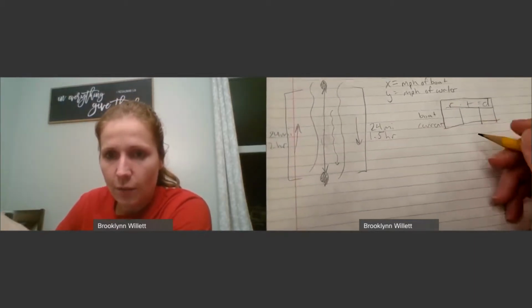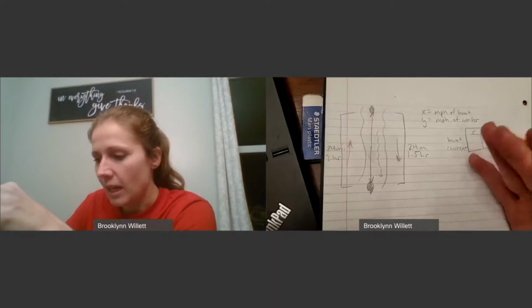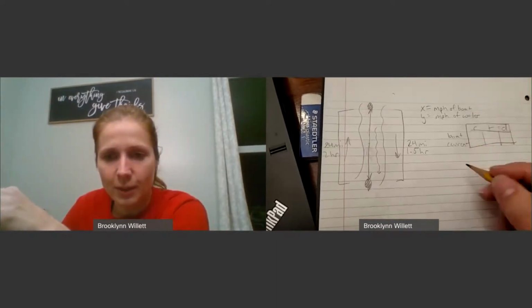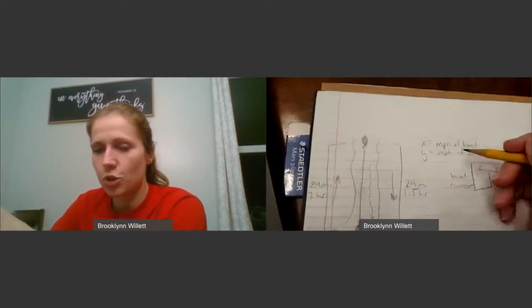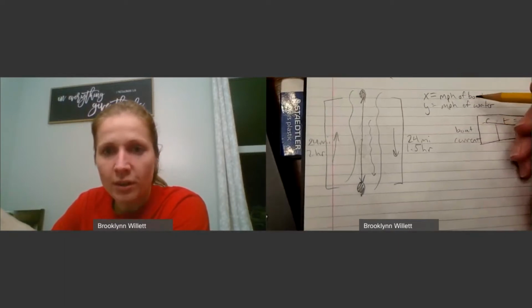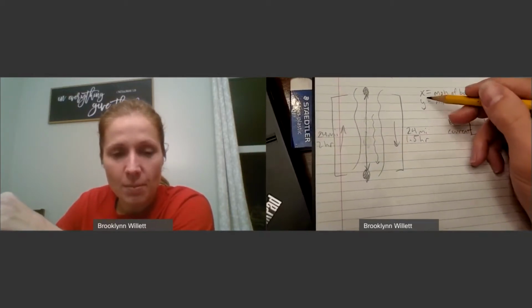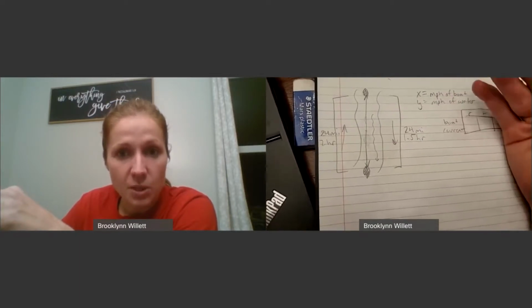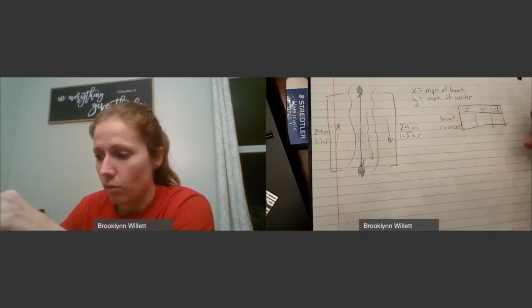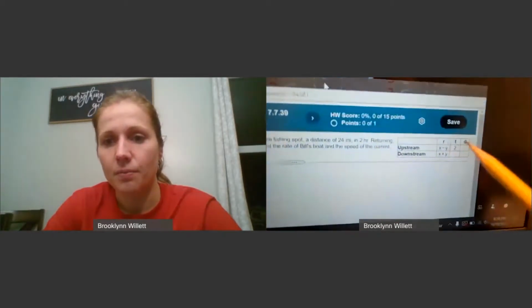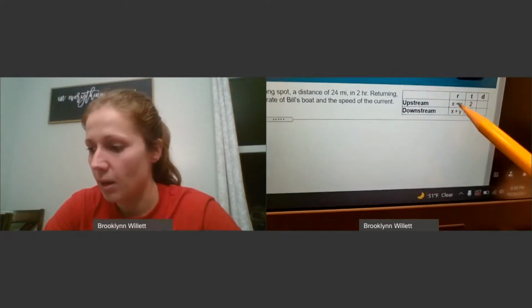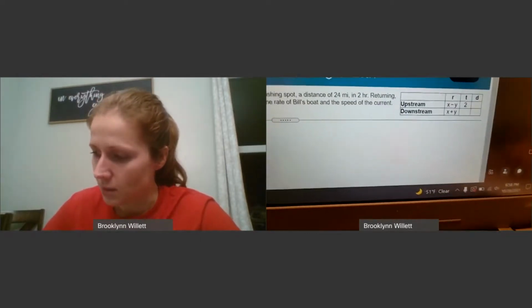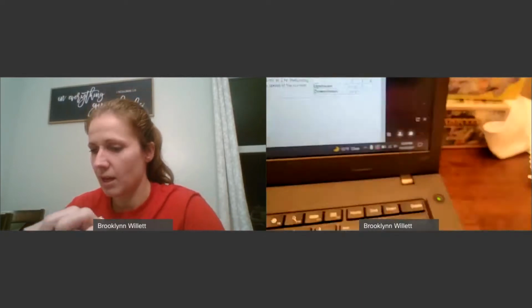Now, again, not all of us are physicists, but if you think about how this should work, if there's no current, then his boat is going to go X miles per hour. But as soon as you throw in a current, then when he's going upstream, that current is going to slow him down. It's going to take away from his boat's speed. So that's why in this table, they're expressing the rate going upstream, which is actually what I want my table to say, not boat and current,